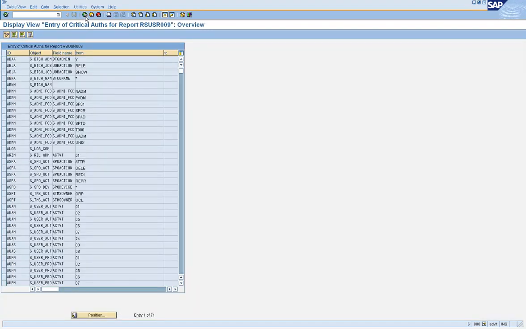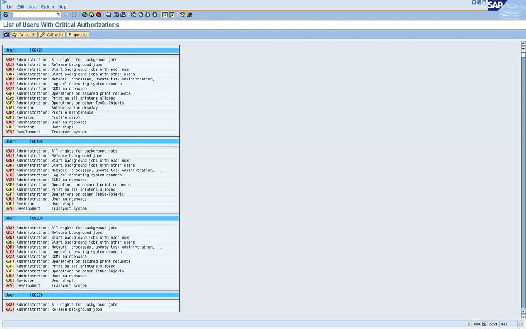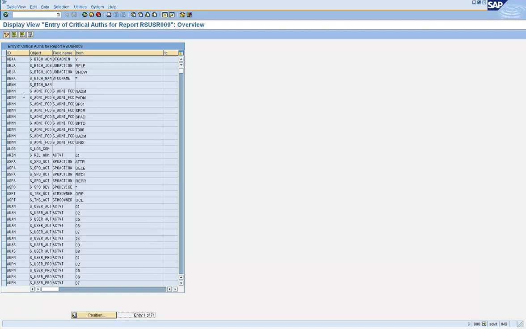If I want to find out what ASPA means, I have to go into this and find out ASPA. So, spool actions, can delete. So this is not the user ID; this is the ID for this combination of values.